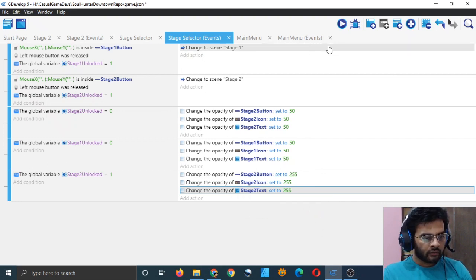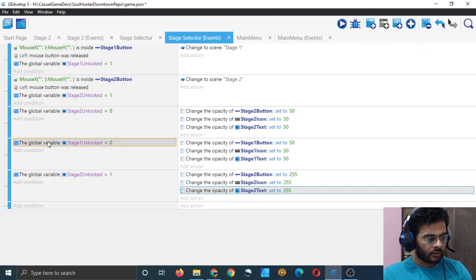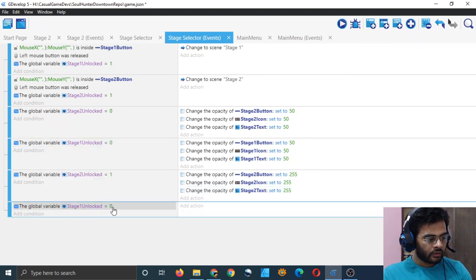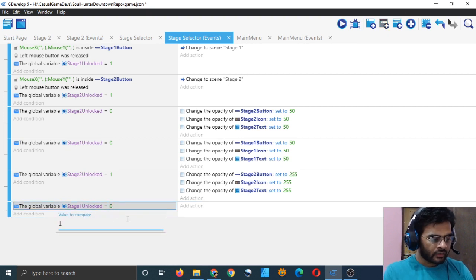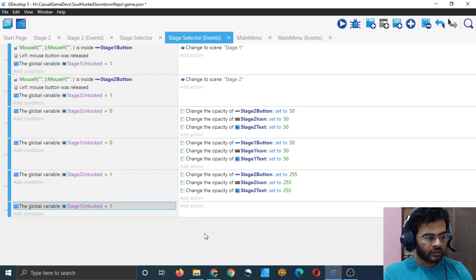And now do the same for this. Add a new condition, copy this one, copy and paste, and change this 0 to 1, which signifies that our stage has been unlocked. It is already unlocked, but let's do it for the sake of completion and structure.